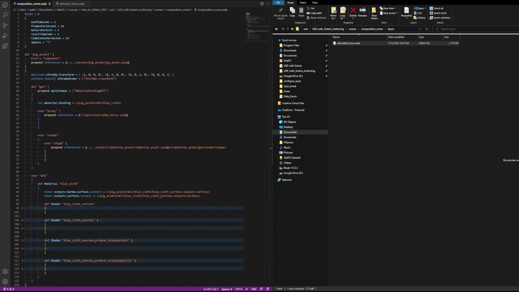And the other thing I want to just touch on before we're done with looking through this is the concept of append and prepend. So you'll see that these overrides here are set to prepend. And basically what that means is that it's bringing it in as a stronger reference. So you can tell it to be weaker than other references or stronger than other references there. So prepend would mean to bring it in as a stronger reference or payload, or append for weaker references or payloads. So that's just something to note in there as well, that other word that you see repeated a few times here, and why that exists,